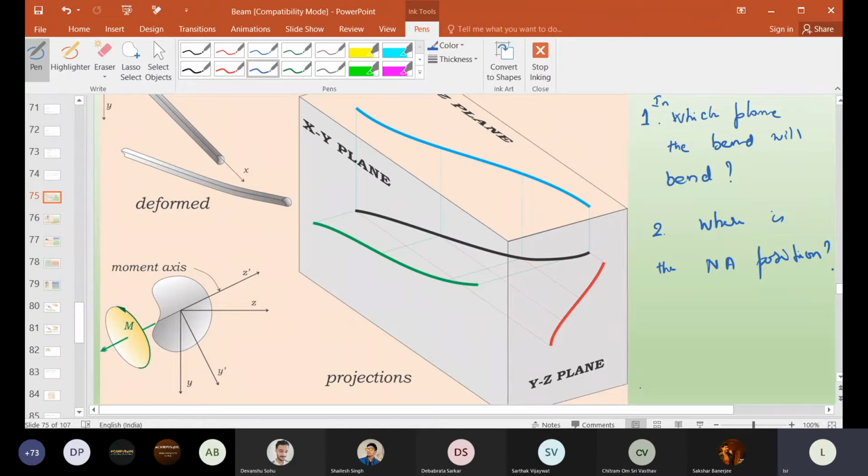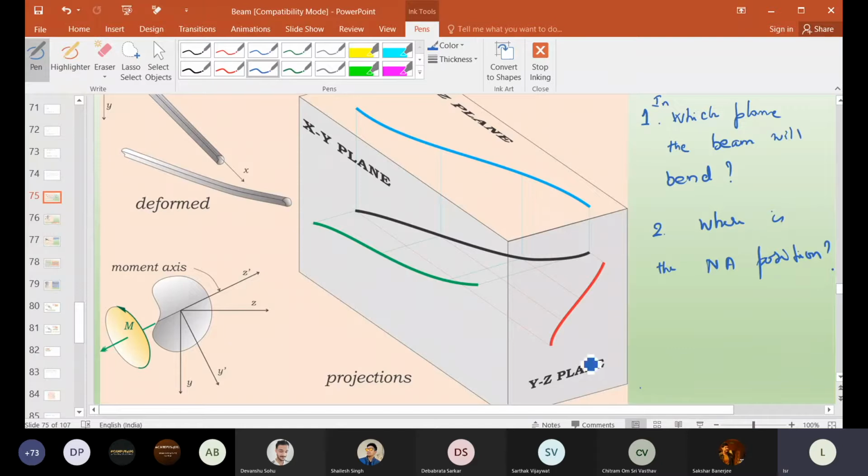Now, in which plane will the beam bend? Before answering this question,